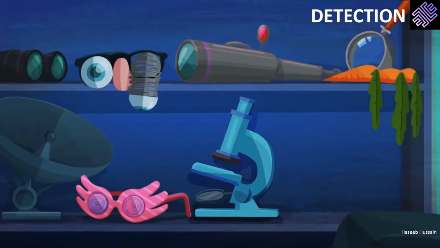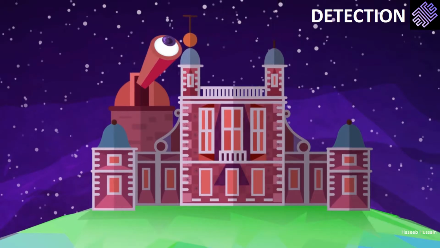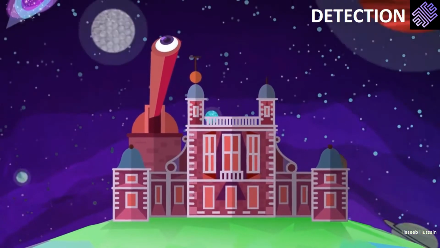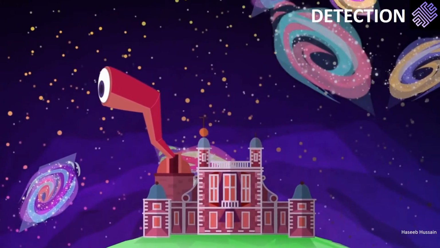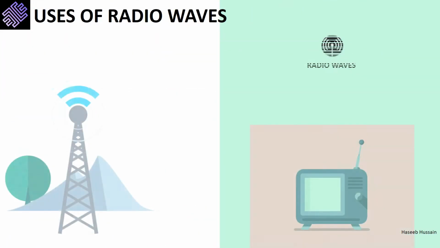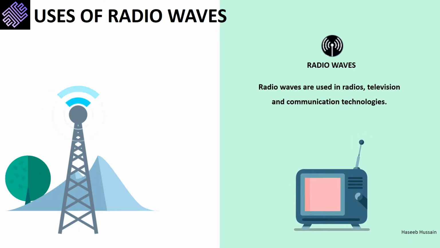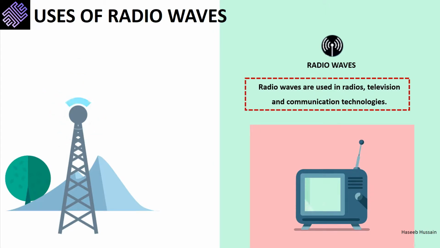Humankind has developed a range of instruments to detect what our eyes can't see within the electromagnetic spectrum. That is why we develop large observatories that capture huge amounts of light and allow us to see far within our universe. Radio waves are used in transmission of radio and television signals. Moreover, they are used in ground-based communication infrastructure.